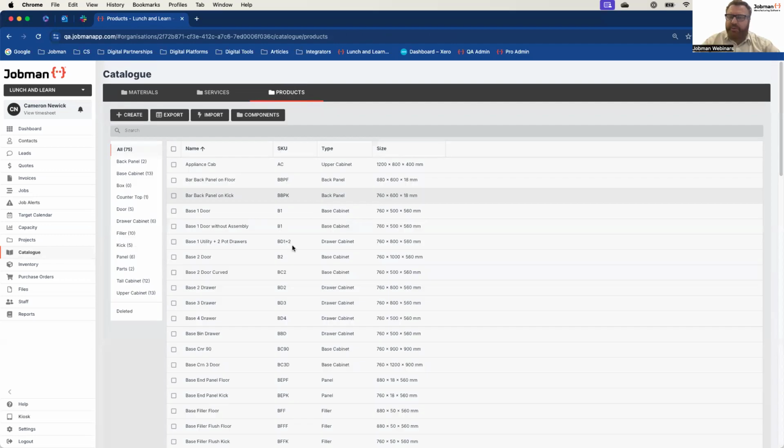Now, once you start building some products in the system, and if you've taken advantage of our seeded sites, you will find that most industries that we produce seeded sites for do have some products inside them already. I think the cabinet making industry has the largest number. I think it starts at about 72. So you'll have quite a good library to work with. And the best thing about these right now is they work off the bat.